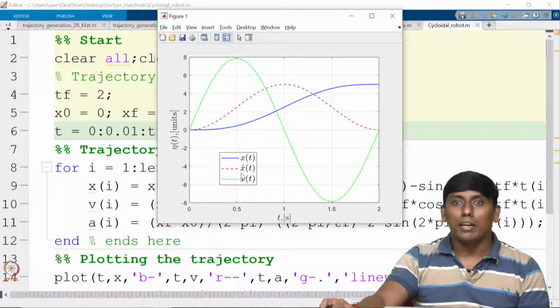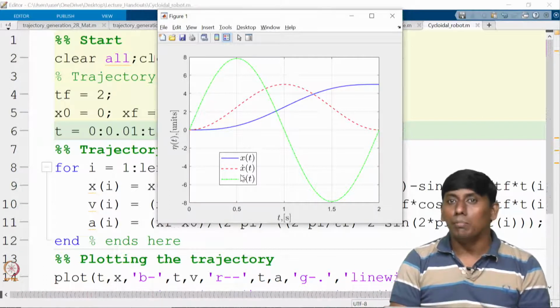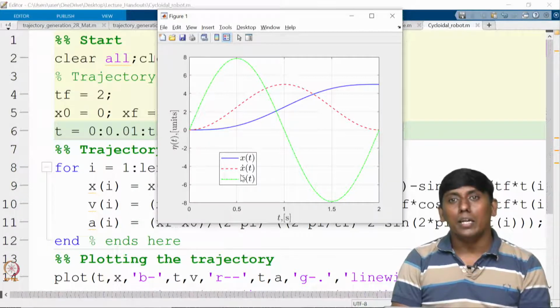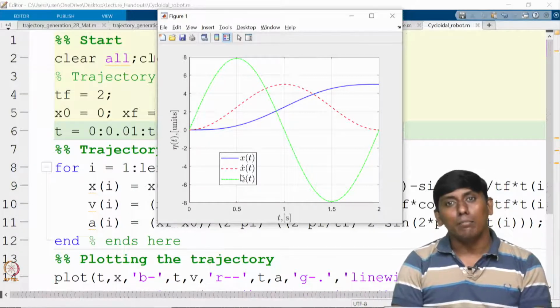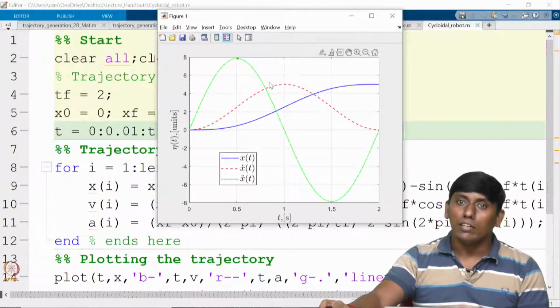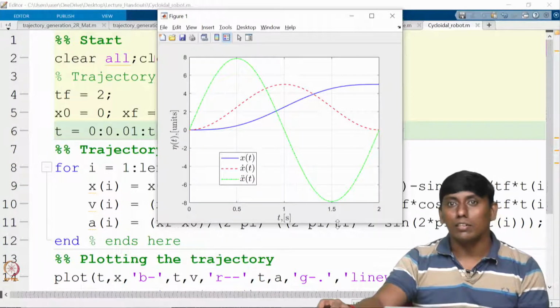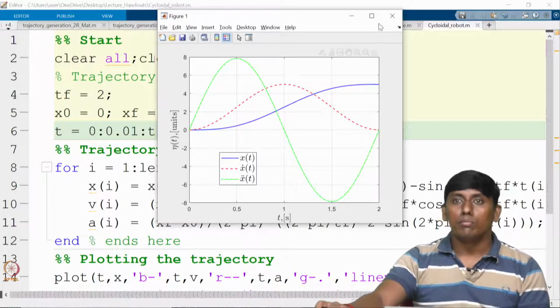I made that only for plotting, whatever segment size I want to give. So I take every 0.1 second, in the sense 100 milliseconds, but in this case I have taken 10 milliseconds to show the smoothness. So here the acceleration is what we call sinusoidal acceleration. Even some people call the cycloidal profile the sinusoidal acceleration curve. Okay, so this is the cycloidal.